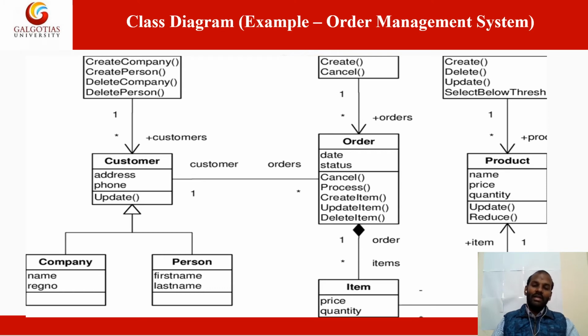But in every place we mention the multiplicity concept: one to one, one to many, many to one, right? So one customer can place many orders, and one order can contain many items. Just have a look over here. This is very important information, how many things a particular order can do by one single customer, right? This is a complete class diagram given by UML. It gives detail about how your problem statement is converted into proper software development to meet your customer expectation.